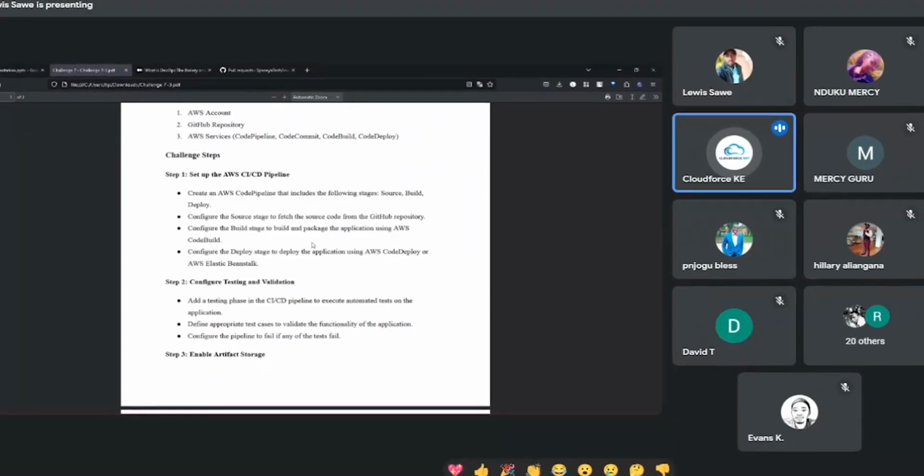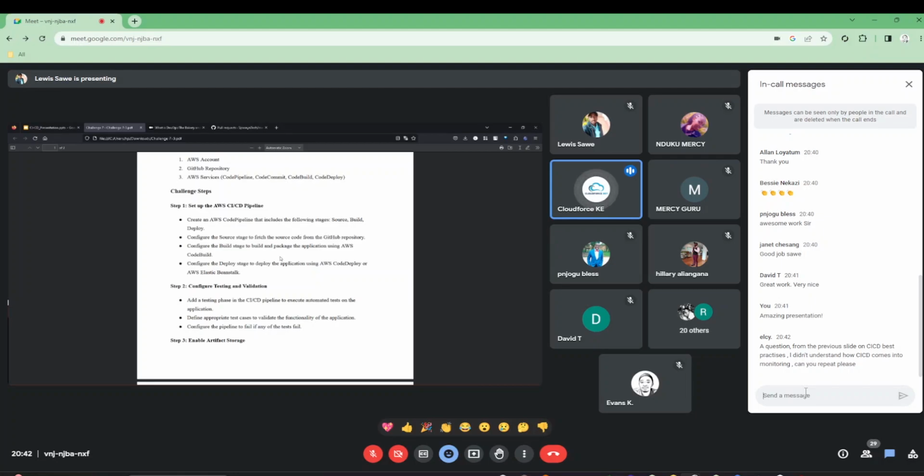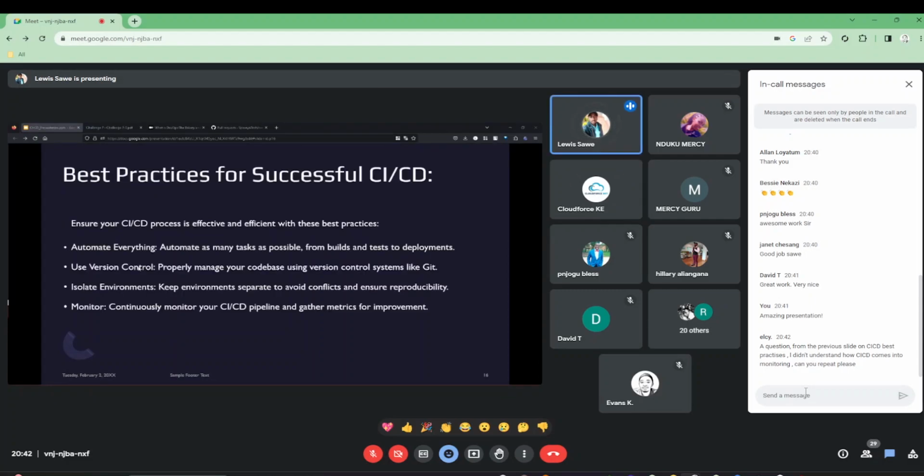Yes, I'm seeing one from Elsie. Elsie is asking, from the previous slide on CICD best practices, I didn't understand how CICD comes into monitoring. Can you repeat, please? As a best practice, you have to monitor everything. As a DevOps engineer, everything that you manage is being monitored. From if a build fails,